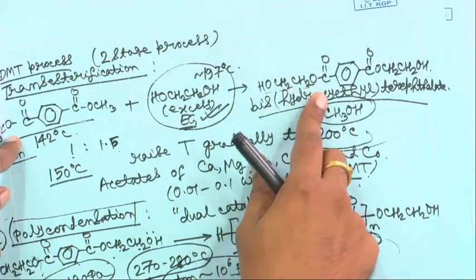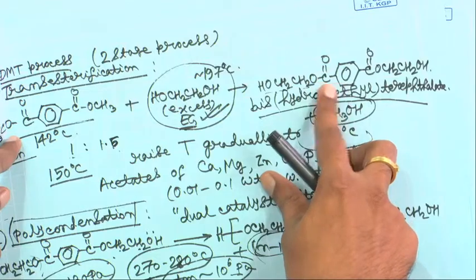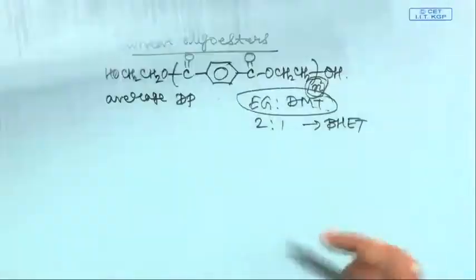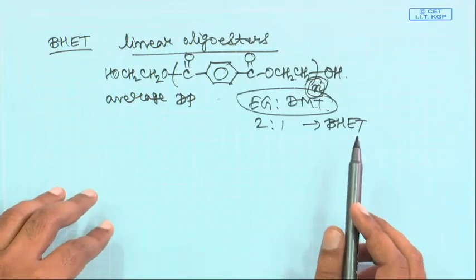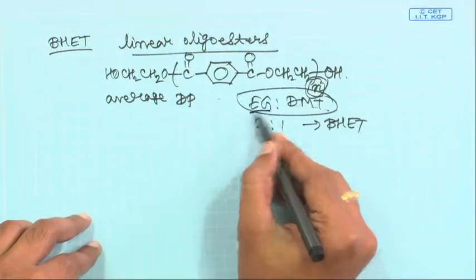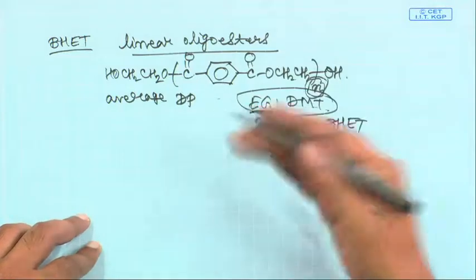So, bis hydroxy ethyl, and this is a terephthalate ester linkage. So, that is bis hydroxy ethyl terephthalate. So, you will get only bis hydroxy ethyl terephthalate. Now, if the number of moles of ethylene glycol is lower than 2 times the moles of DMT, that means